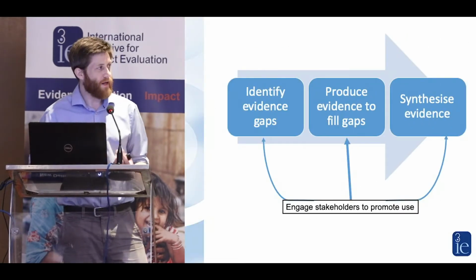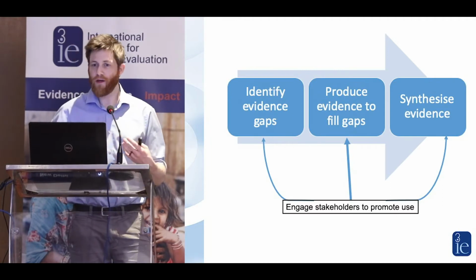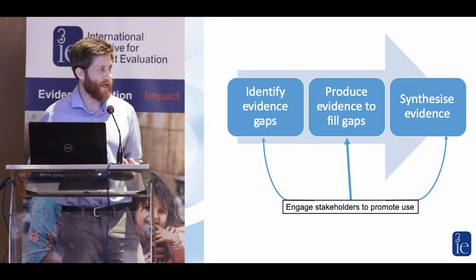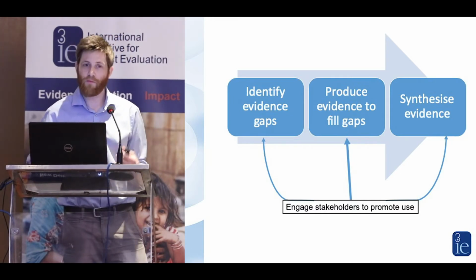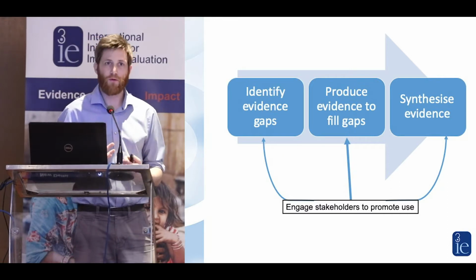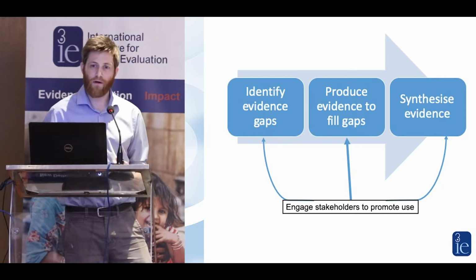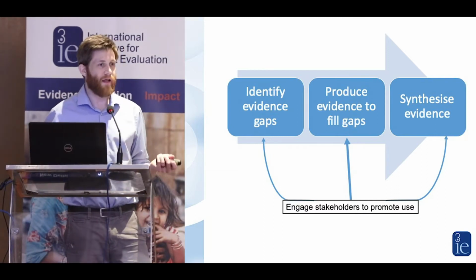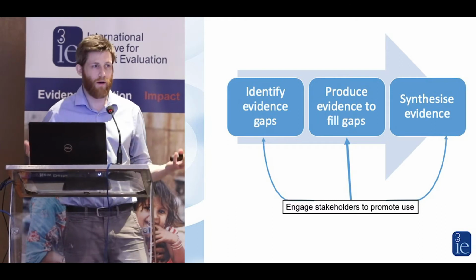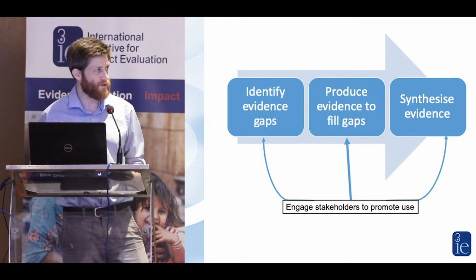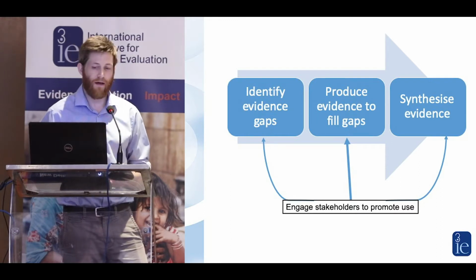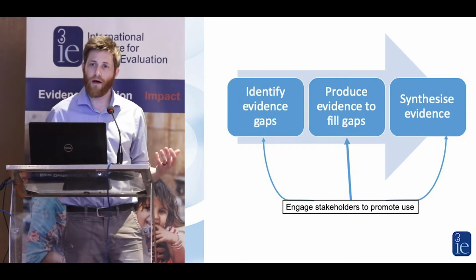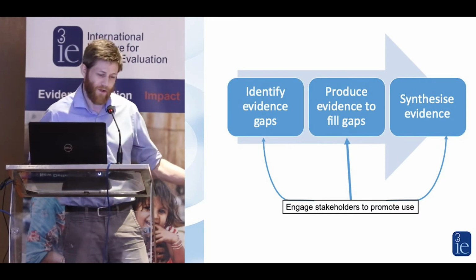So this is an idealized picture of the process that 3IE has for identifying and addressing evidence gaps. So we start with this procedure, this mapping, to be able to identify where there are gaps, where additional research is needed, additional evidence. And then we do things like an evidence program over a number of years on a topic like immunization to try to produce some additional evidence to help fill in those gaps. And then we synthesize that evidence, often in combination with what else is out there in the literature.